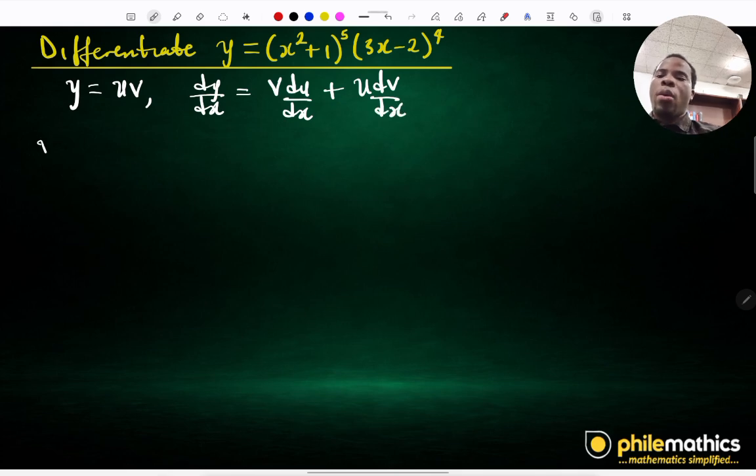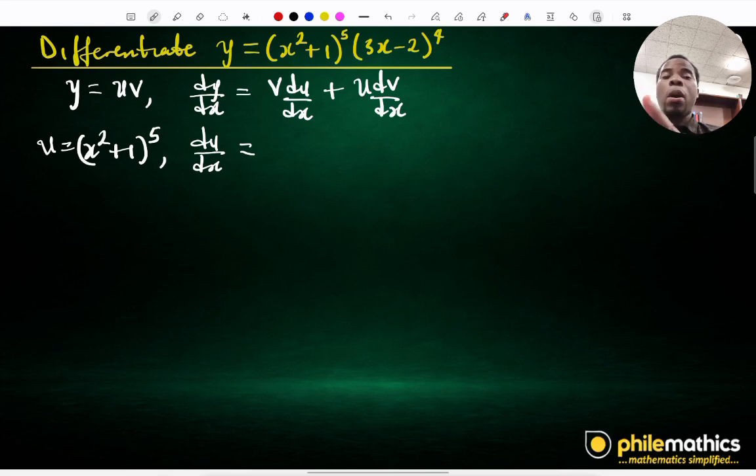So if we call our u as (x squared plus 1) to the power 5, then our du/dx will give us, this is a function of a function. And so for us to differentiate this, we want to differentiate the outer function, which is a power function, power 5, and then differentiate the inner function. So if we differentiate the outer function, we'll have 5